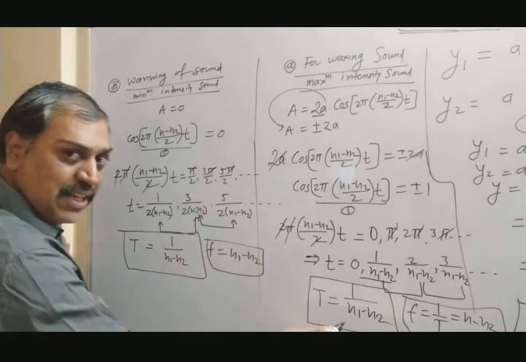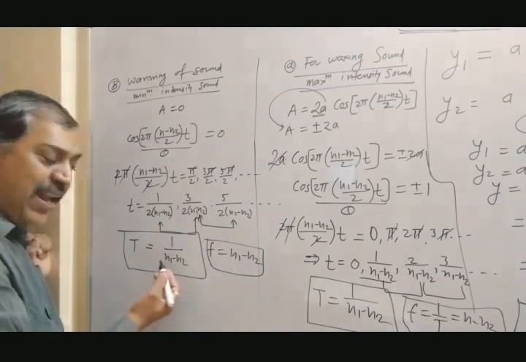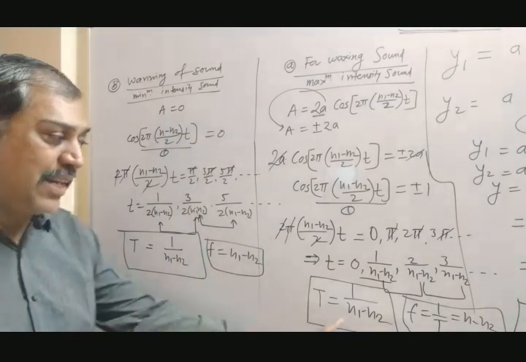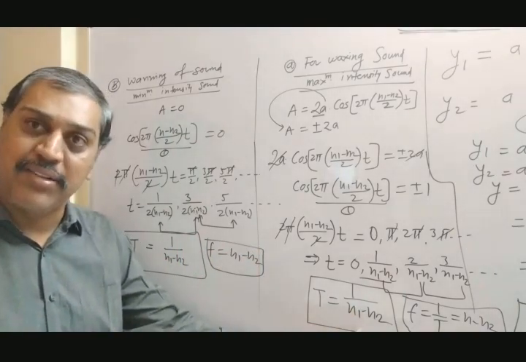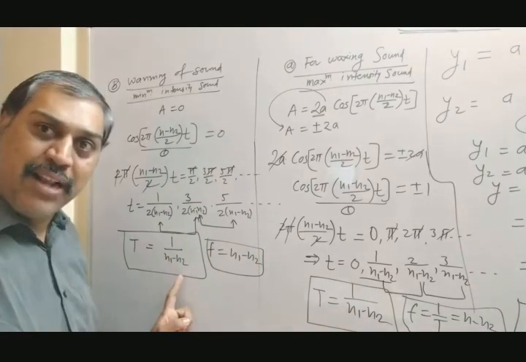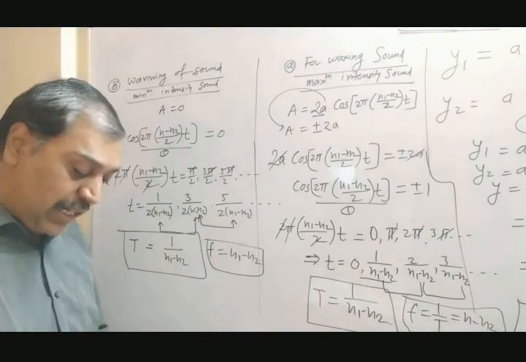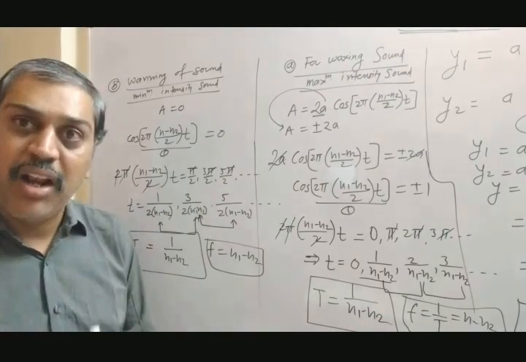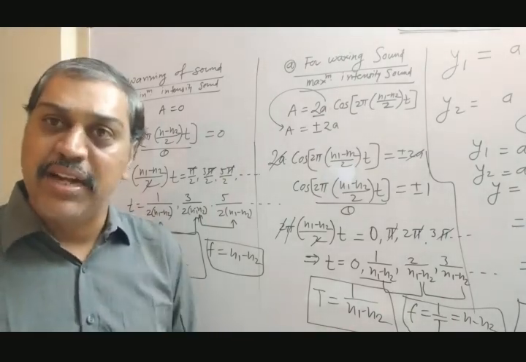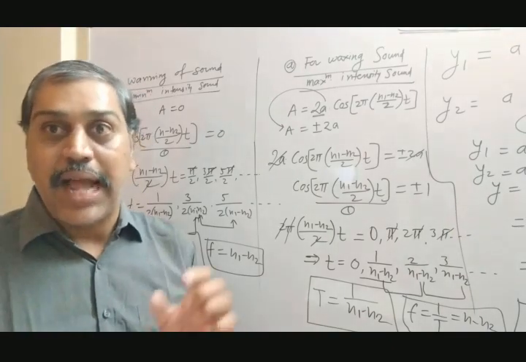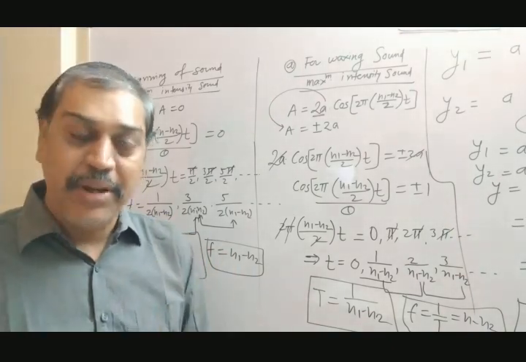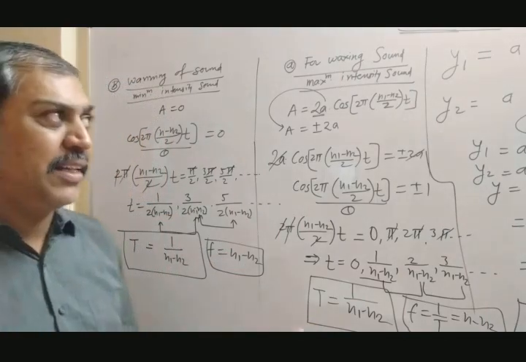Now if you consider this case, waxing of sound and waning of sound get repeated after the same time period, 1 divided by n1 minus n2. That means in the beat formation, alternately maximum and minimum intensity sound get here and their time period is the same. Now remember why this point is essential.